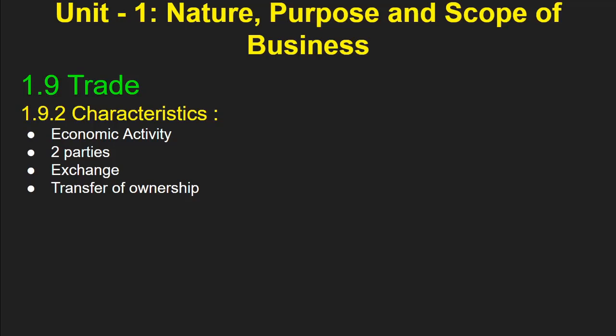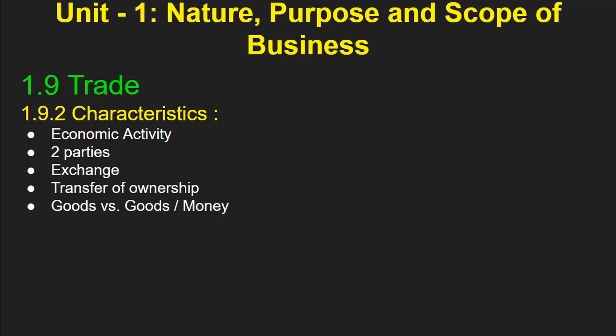Suppose I am having food and I am selling it, right? So the time I am having it, I am the owner of that food. But the time I am selling that food to the customer, or I am taking money in lieu of that, then the ownership of that particular food is transferred from me to the buyer, right? Or the purchaser, right? That happens continuously. Similarly, he or she is paying the money, so ownership of that money is getting transferred on my account, right? So that is a transfer of ownership.